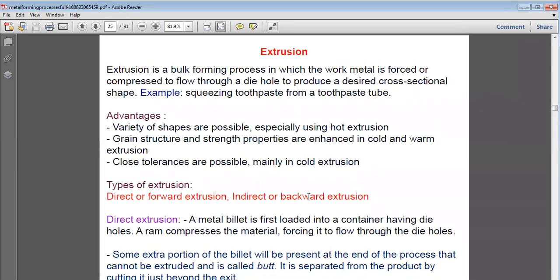If we make it a rectangle, then the paste will come out in the shape of a rectangle. If we make it square, it will come out in the shape of a square. Any shape that we provide to the orifice of a toothpaste tube, it will come out in that shape only. And the working force will be the force that we press from the back of that toothpaste. Clear? So that is similar to when we squeeze the toothpaste in the morning, and it comes out from the orifice taking the desired shape.